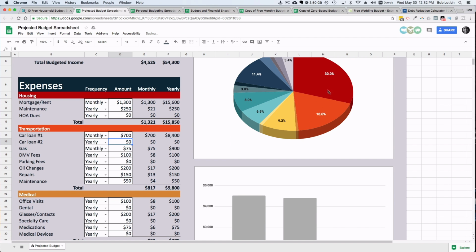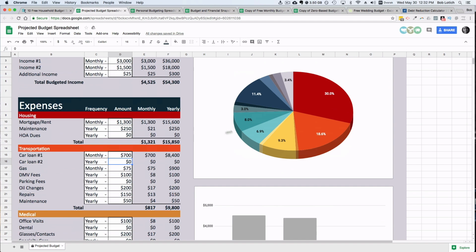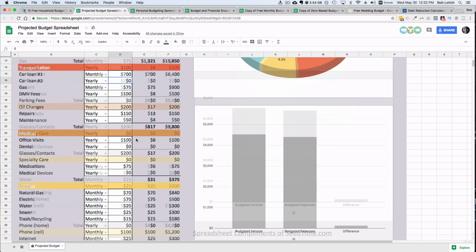and all that is going to be reflected over in the pie chart over here. And it just gives you a little bit of a visual of where your money's going and how it's broken out. And so each one of these areas are color coded. So orange is transportation, red is housing,